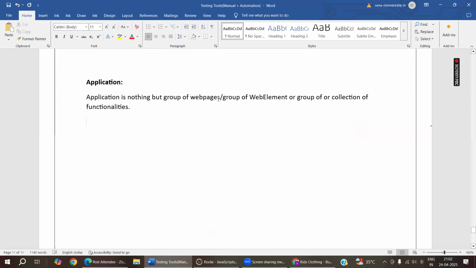So I'm calling here web element. So what is a web element? What does web element mean? Any field in the web application is nothing but a web element. Any field is nothing but like